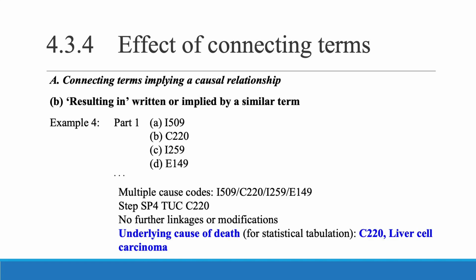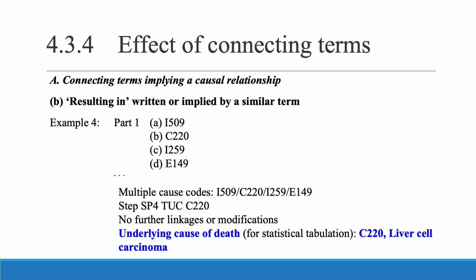Here we have a single condition entered on each line of Part 1, the tentative underlying cause of C220. There are no further linkages or modifications, and the underlying cause of death for statistical tabulation is C220 liver cell carcinoma. So once again, this is what happens when we apply the selection and modification rules to this certificate, but